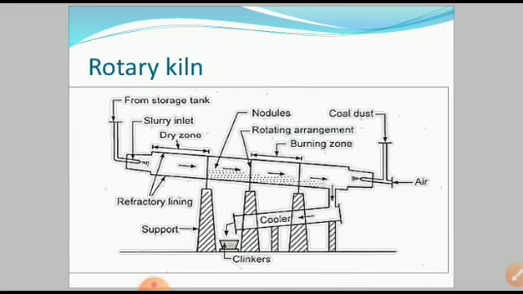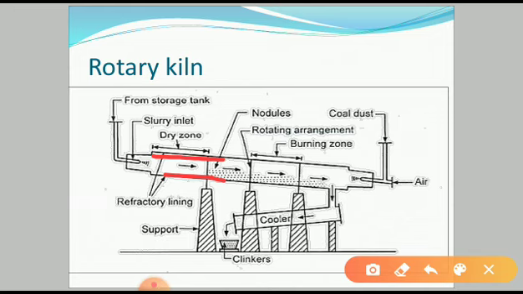Then the slurry, on being sprayed against the hot surface of the flexible chain, loses its moisture and becomes flakes. That means when the slurry is introduced into the drying zone, it loses its moisture content and turns into flakes. These flakes peel off and fall on the floors of the rotary kiln.